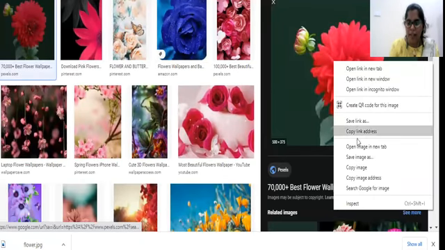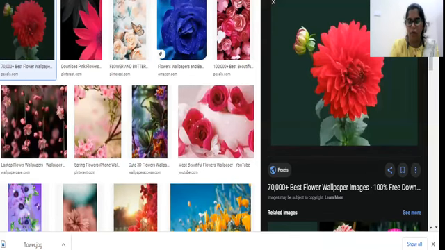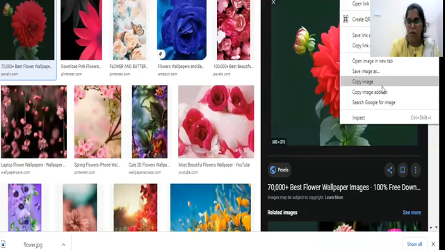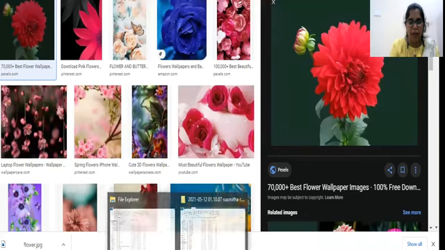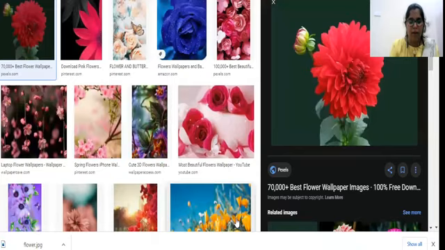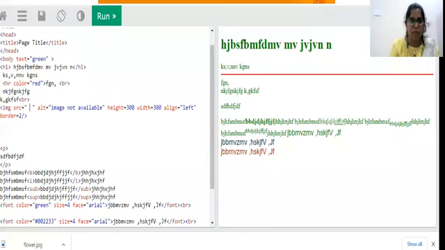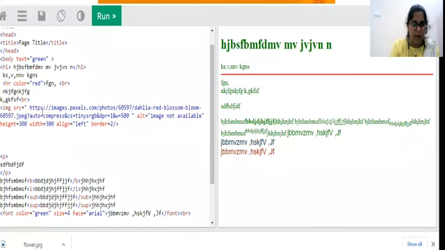Automatically I will get the copy image address option. Click on copy image address so that the image address will be copied, and we are going to paste here, and this is the location of the image.